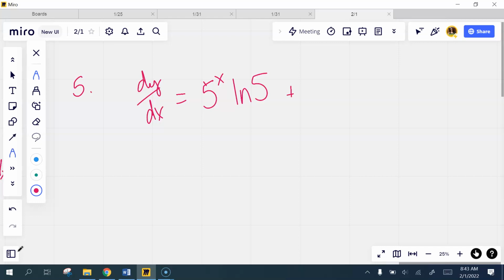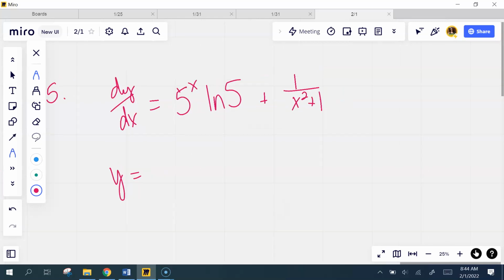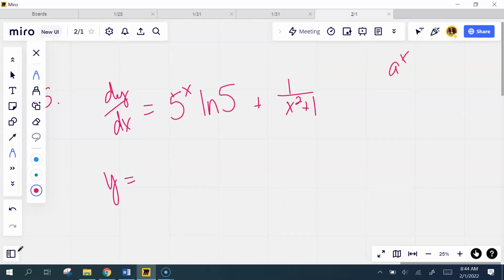Okay. Antiderivative. So look at your derivative sheet, first of all. There's one of them on there, I think it's a to the x. What's the derivative of a to the x? What is it? So the antiderivative here would be 5 to the x